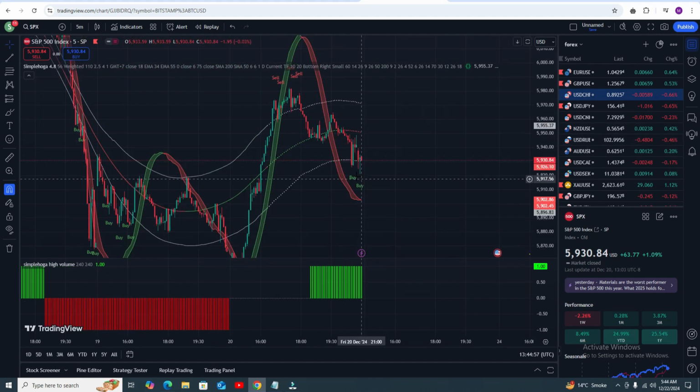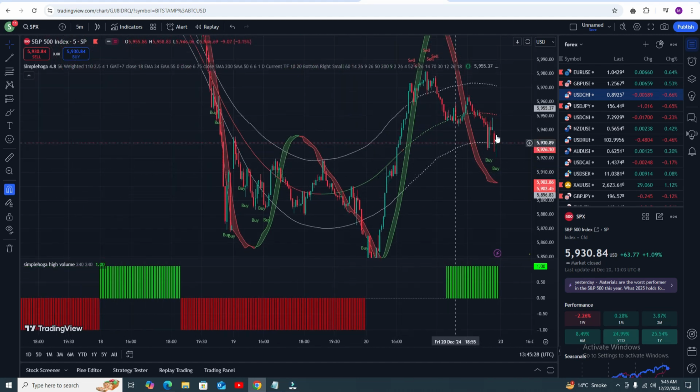And now this is the most perfect live demo example, because mostly people are asking me for the live demo. So here is a perfect example of a live trade, because signals come on time. Yes, the signal comes on time. You can see in the previous candle you are getting a buy signal, and the trend is green, so you definitely need to go for the buy trade. Okay, and so on. So you can see the indicators are working 100%.